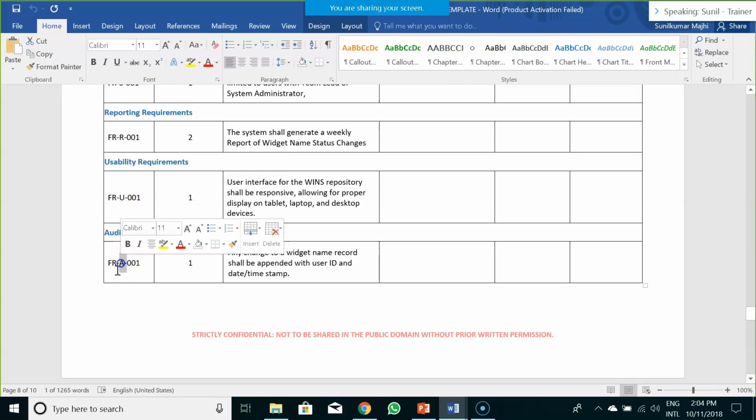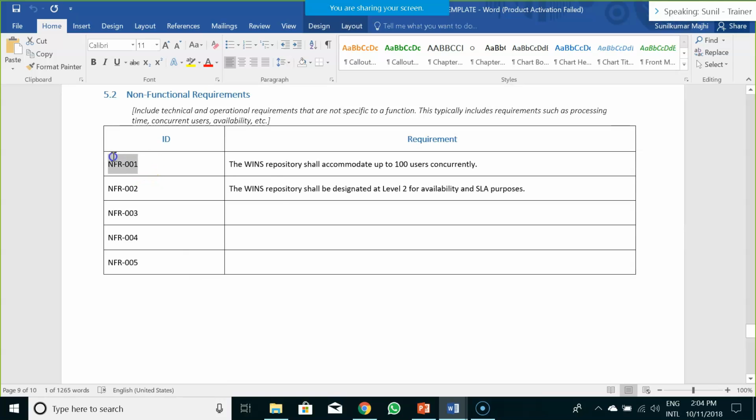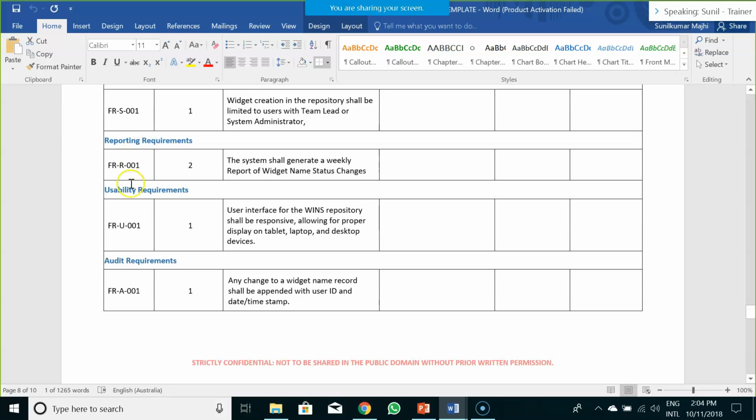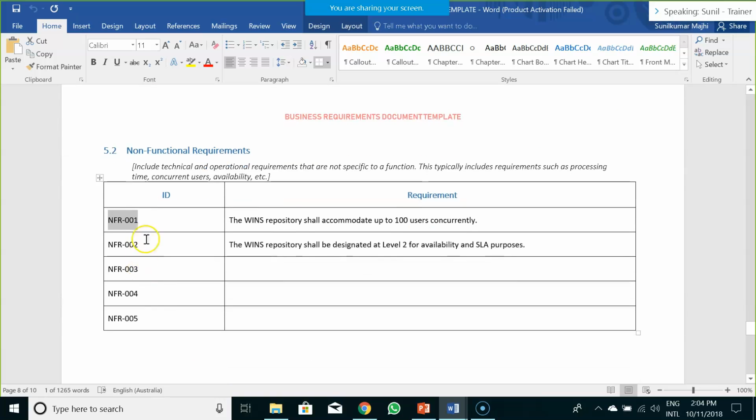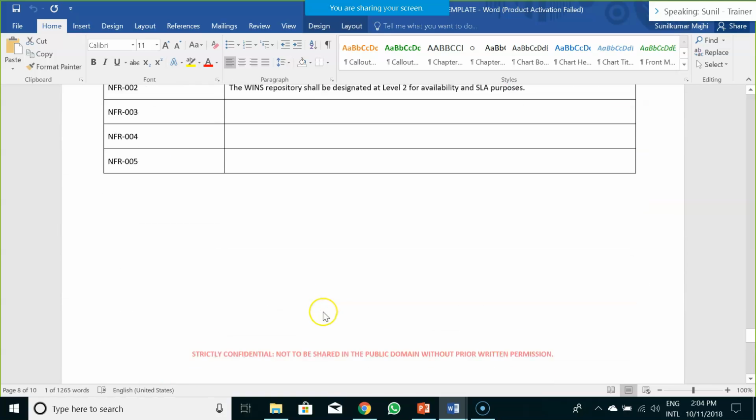Functional requirement audit, FR-A 001. Similarly, for non-functional requirement, NFR-001. So you can decide to categorize them right here, or you can write it in this manner as well. But ensure the ID is unique in nature. The customer would always refer to the ID, not the entire requirement, in any of the subsequent communications.